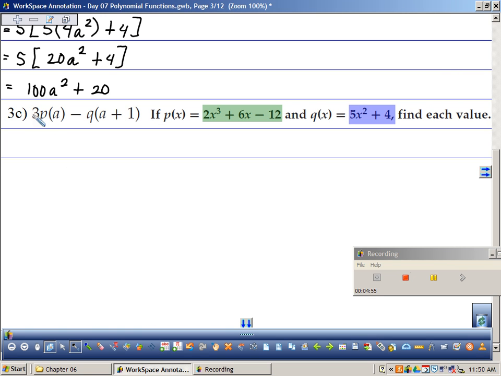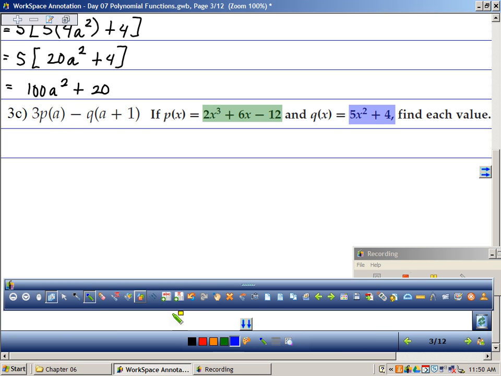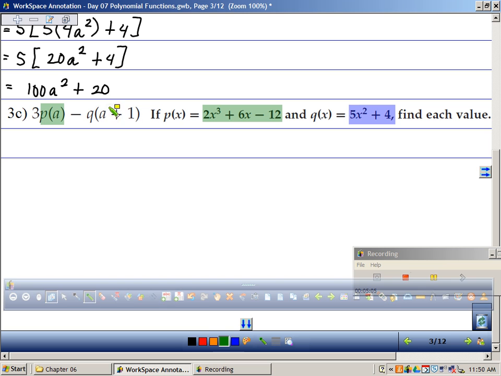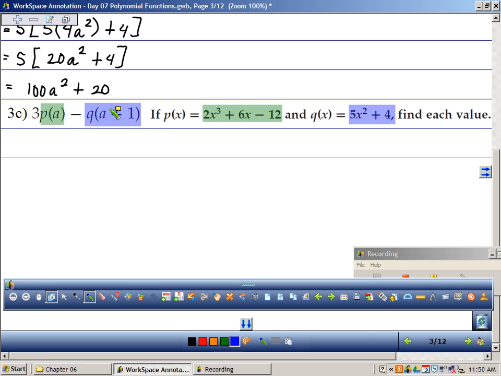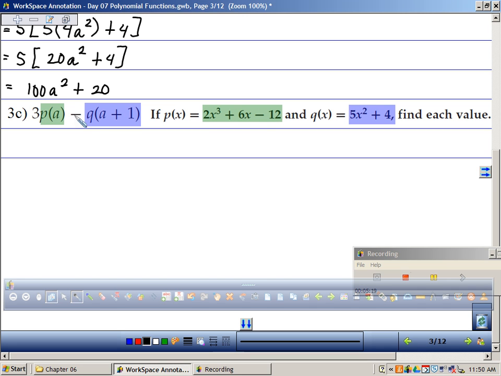All right, so it says three of these. So that's the green one, right, Jose? 3 of these, but instead of x, we're going to use a, minus the q function. All right, so I'm going to ignore this for now, and I'm just going to write 3 and then the p function, and then I'm going to say subtracted by the q function. So I'm going to say 3 bracket, p, which is what? 2, parenthesis, where I see an x, cubed, plus 6, where I see x, I put a parenthesis, minus 12, and all of that's going to be subtracted by the q function, which is over here,